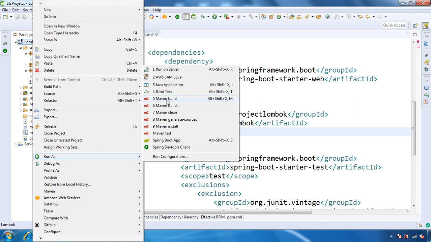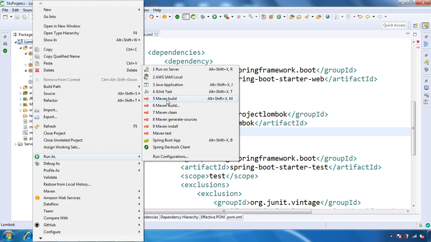So let's quickly repeat the steps we need to do. The first is we need to download the lombok.jar from the official website. We need to select the IDE. If that is not appearing, then provide the path to your IDE. In our case, we will provide the path to STS. Then we need to add the Lombok dependency in our pom.xml for the Spring Boot application or any other Java application. In our case, we have a Spring Boot application.